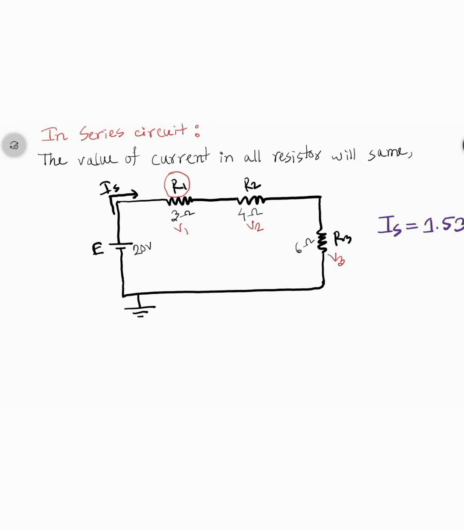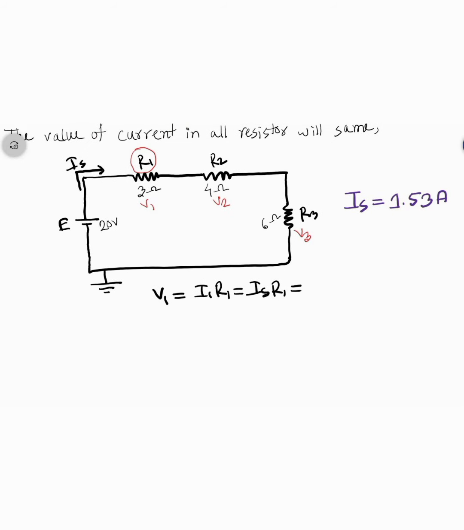Now we can write V1 equals I1 R1, and we know in a series circuit the value of current in all resistors will be the same. So Is R1, 1.53, the value of Is, times R1 3 ohm equals